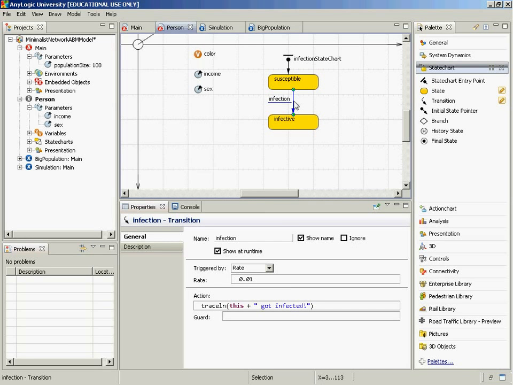Now, the guard is going to allow you to suppress the action that would occur normally with the transition under certain conditions. But a guard, this being true or not, will affect whether or not this fires. This being true or not will not affect whether or not this action occurs. This being true or false will not affect whether, in fact, the transition occurs. So, for example,